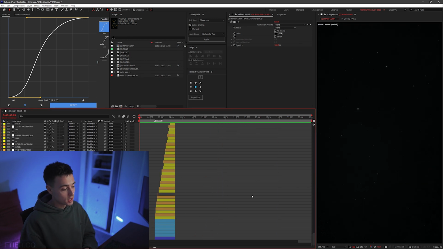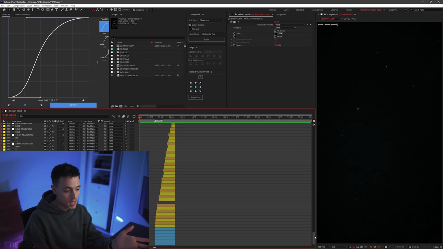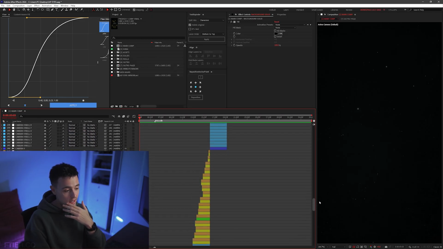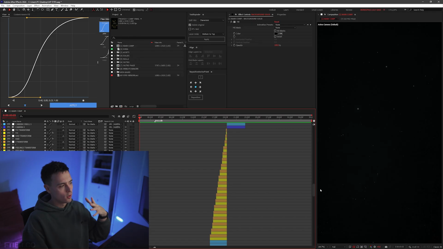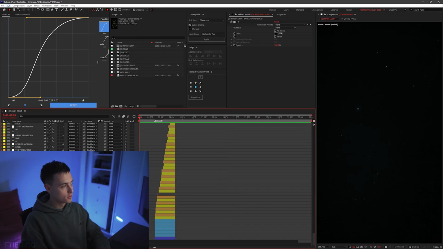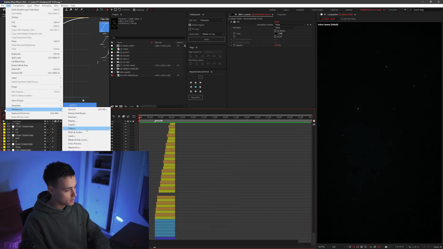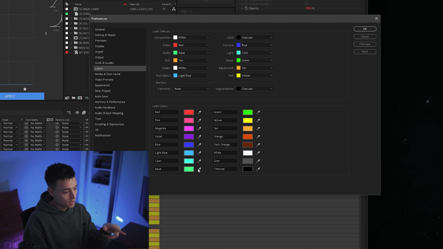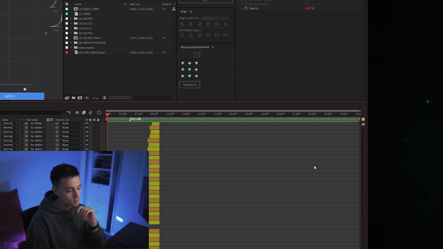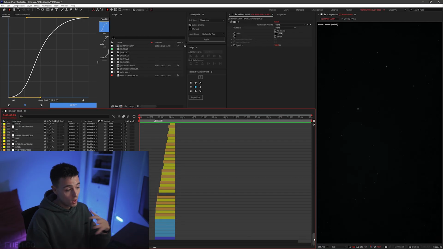So if you're opening up this project file, you can probably see straight away that your label colors aren't going to match mine, and that's because label colors are determined on what your personal label colors are. So if I go up here into edit, preferences and labels, I pretty much have one of every color here, and then I just assign them. A lot of people don't like bright colors in After Effects. I find it a lot easier to understand what's going on, and if you saw my tutorials, you'll understand exactly